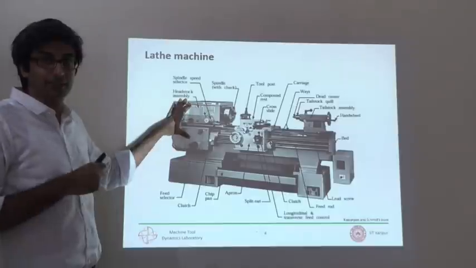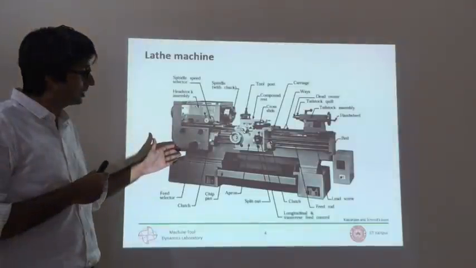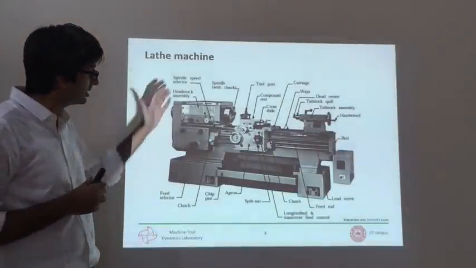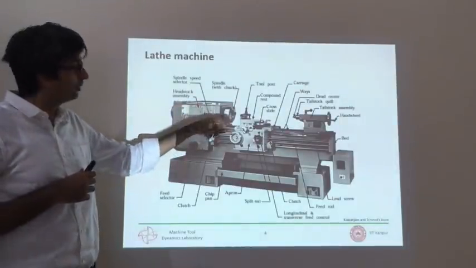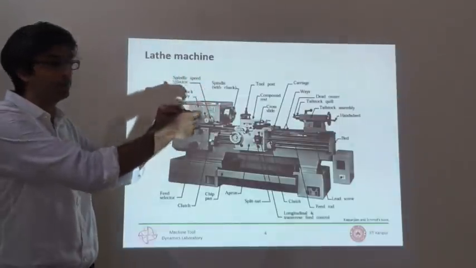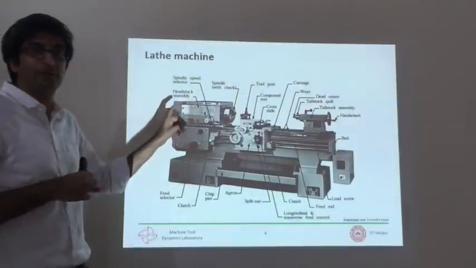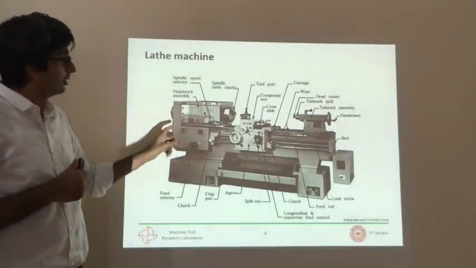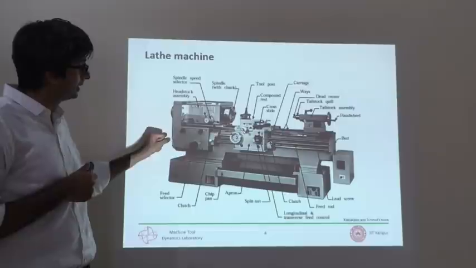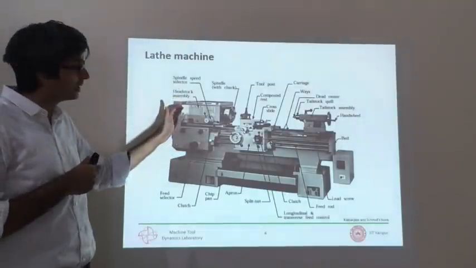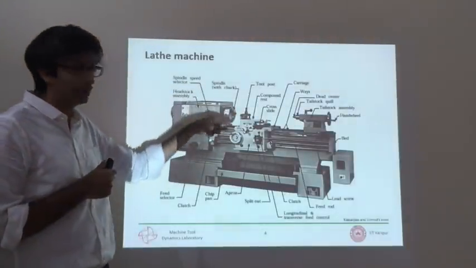This headstock, on the left hand side, typically has a motor which is connected through a set of pulleys and a lot of gear trains inside the headstock to give drive to the spindle, which has a chuck that holds the workpiece, and the workpiece is rotating. So the purpose of this headstock is to transmit torque at some speed from a motor inside, which you cannot see, through a pulley and gearbox arrangement to this chuck which is holding the workpiece. This is also called the spindle or the chuck.